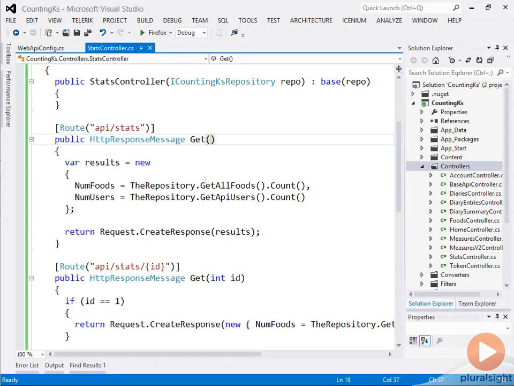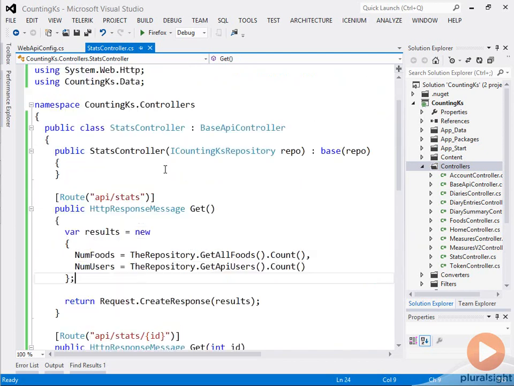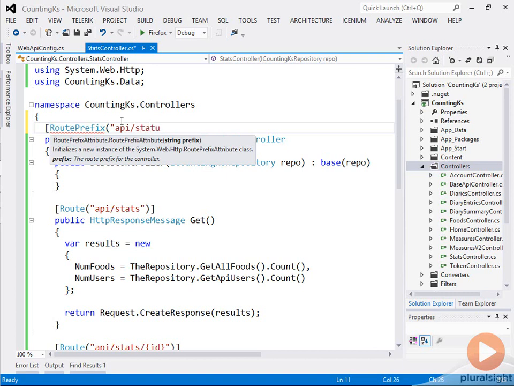So let's improve how we're using those attributes. Here in our controller, we can see that there's some duplication of the API, right? We're repeating this magic string a couple of times, and as a developer, that feels a little weird. So we can actually specify another parameter called route prefix, and this is going to allow us to say that